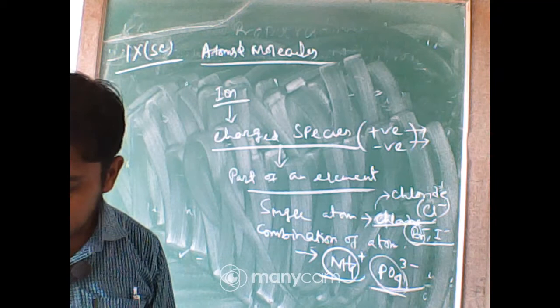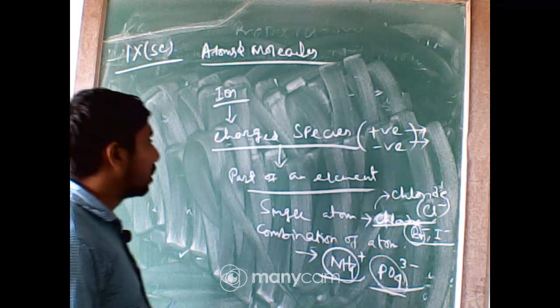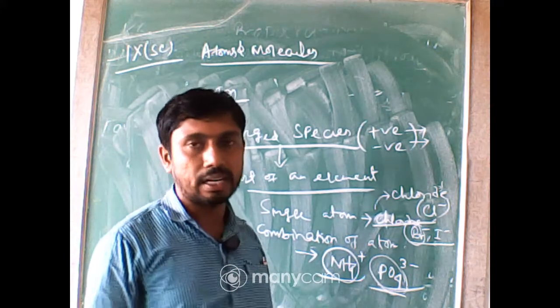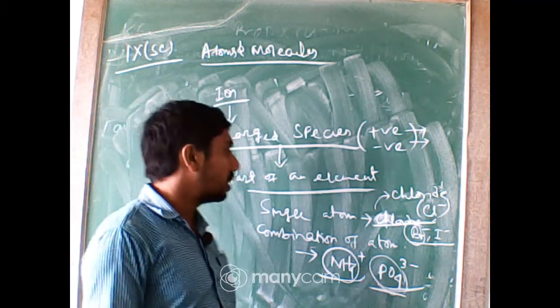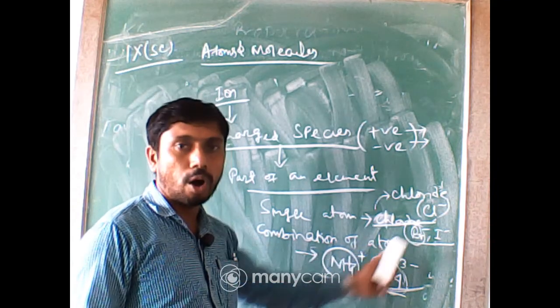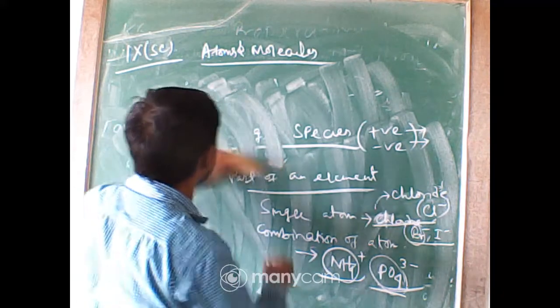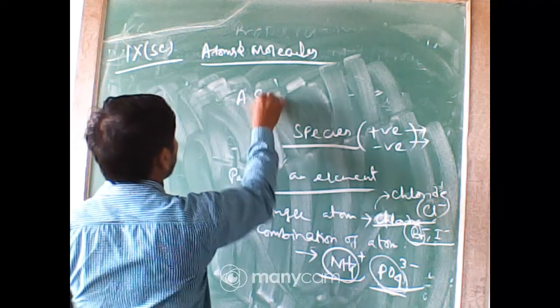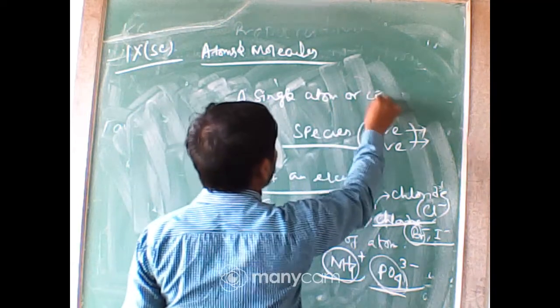The charged species are known as ions. Now, the charged species, and you will elaborate to some extent, means the charged particle which may be one atom or a combination of atoms. So, you will write it in this way: a single atom or combination of atoms